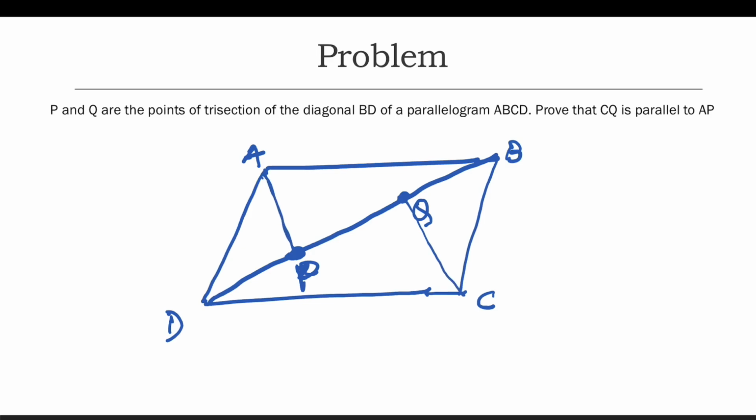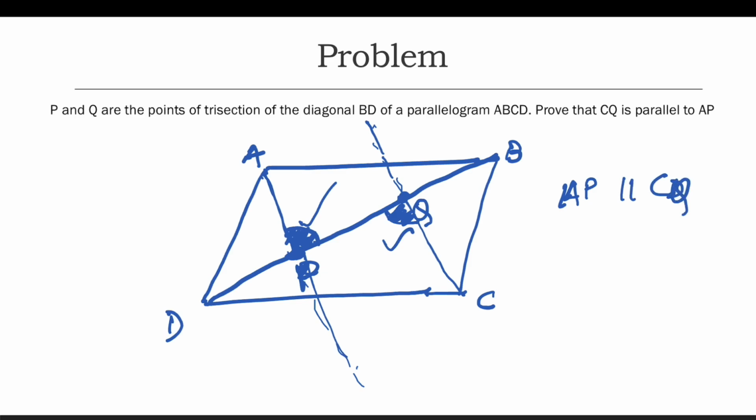Okay. Now we have just proven that this angle is equal to this angle, right? We have proven that. So which basically means this is one line. If I extend, that would be more clear. So this angle, which is alternate angle to this angle, if they are same, which basically means AP is parallel to CQ. This line is parallel to this line. Hence,